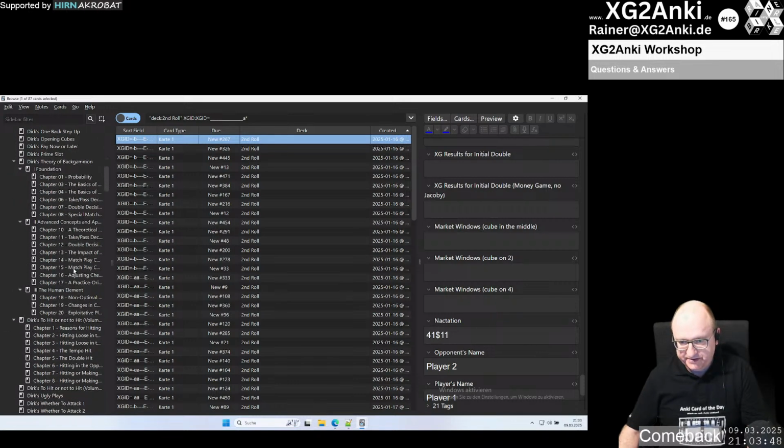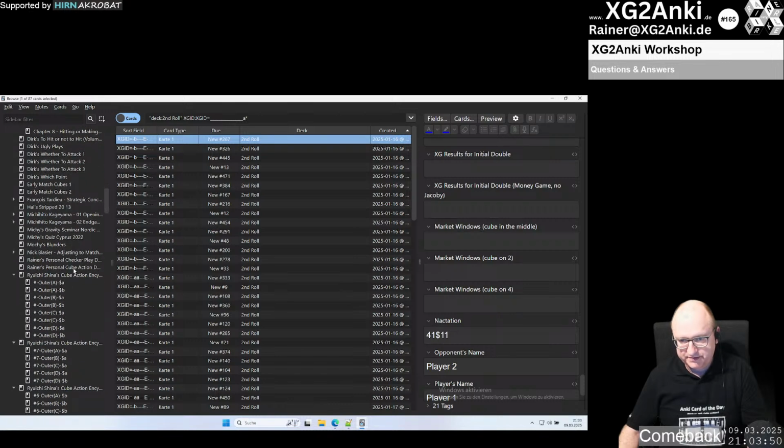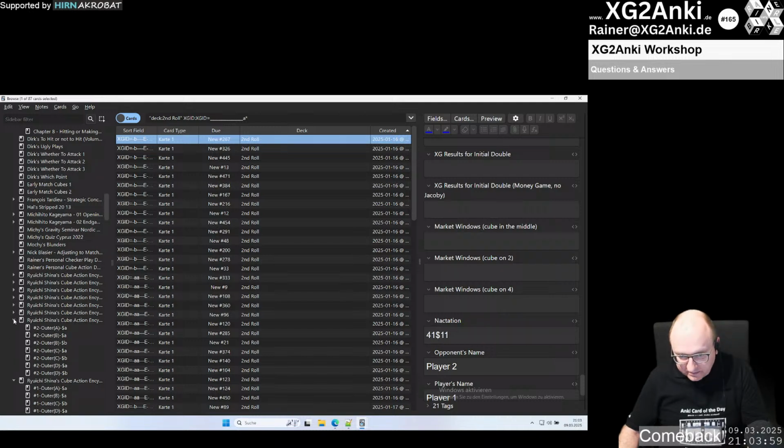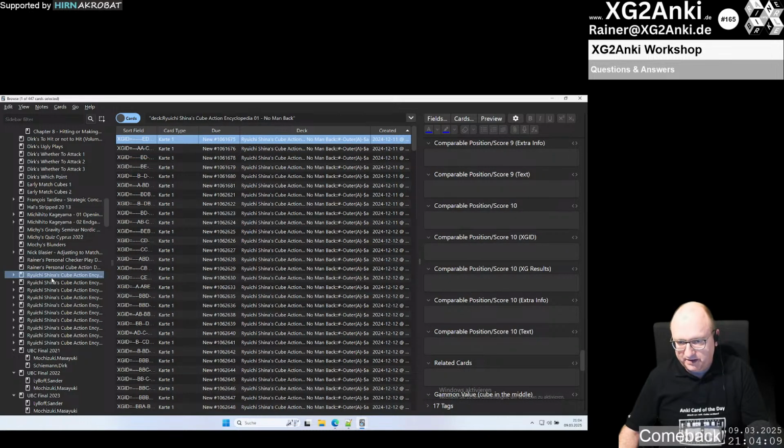So what I'm talking about here are these decks here. They are imported like you would download them if you buy them. The first thing would be, how can I get all the cards? If I click on a single deck here, you always see on the top in the window, in the title,